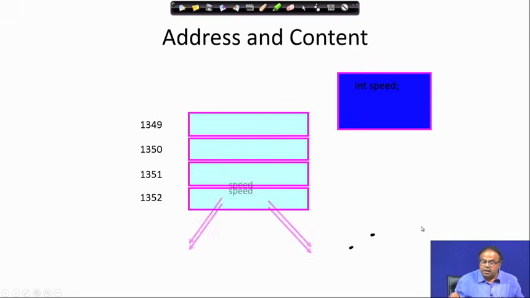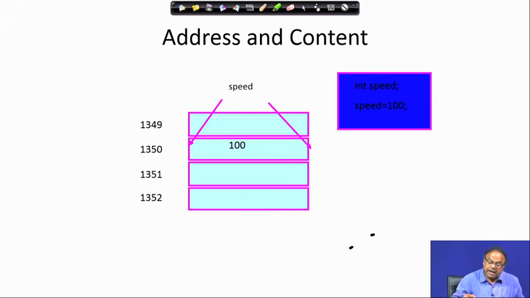Speed is this particular location, that is 1350, and when I write speed = 100, then 100 is written over here, when I assign it. Okay. So, speed is getting the value 100.